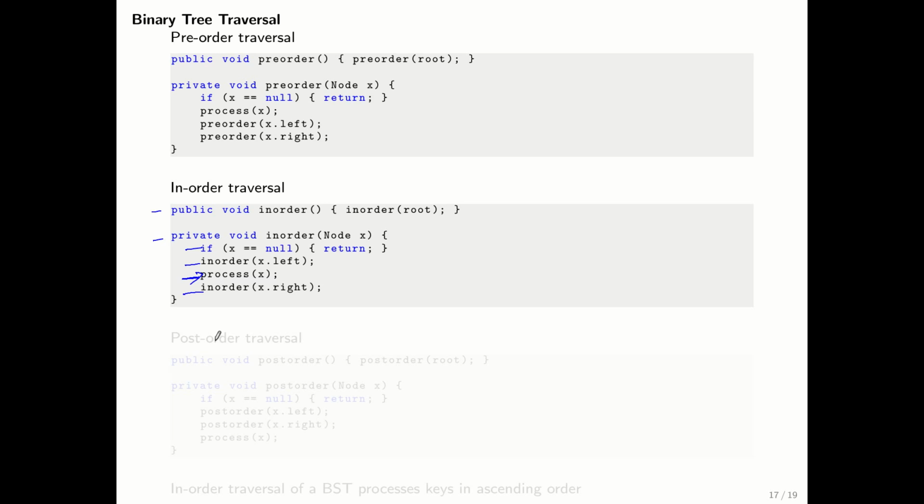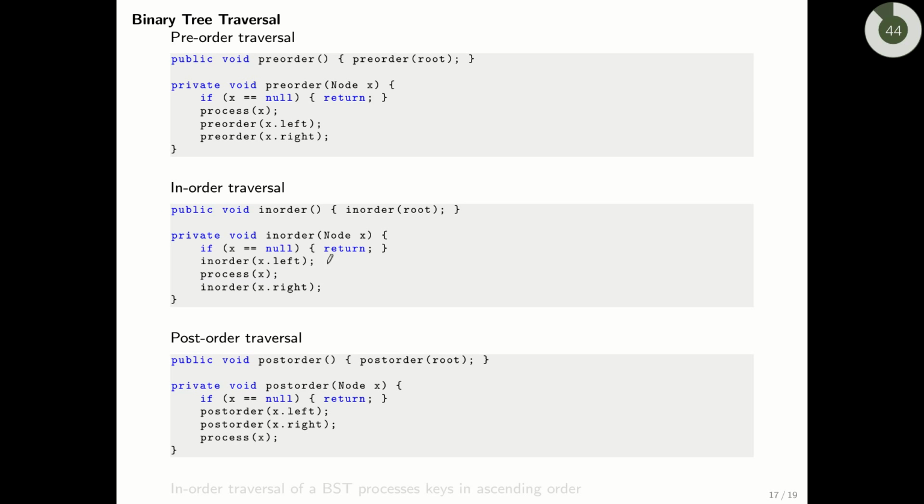Finally, we have a post-order traversal mechanism where the public post-order method calls the private post-order method with the root as the argument, and the private post-order method receives a node and checks if the node is null, and if so returns to the caller. Otherwise, it makes 2 recursive calls to post-order on the left and the right subtree, and then processes the node itself. Here again notice that the processing step happens after the 2 recursive calls, and hence the name